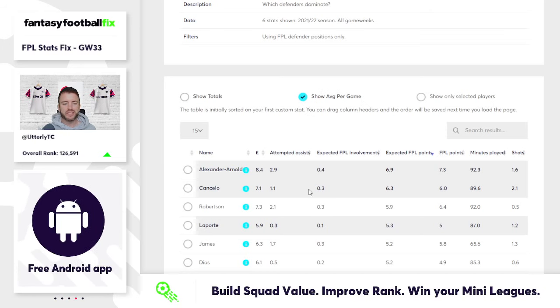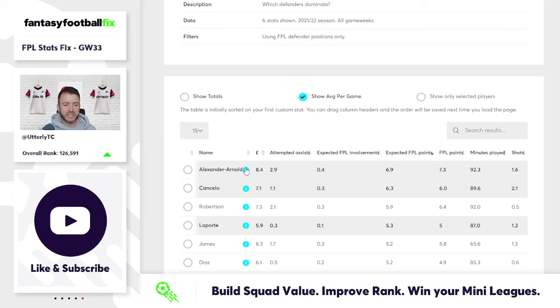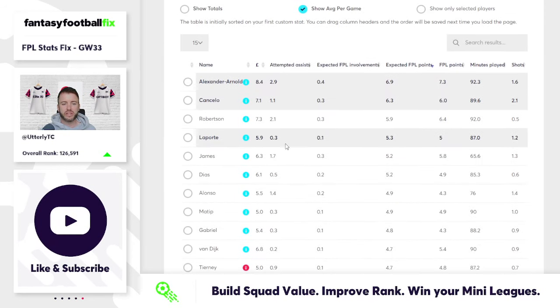And you can see it's a lot of the names that we are familiar with that we've already talked about now. So if we just take this top down, you can see the ones highlighted are the ones that are in my team. That's the only sort of differentiation that you can get there. Trent Alexander-Arnold, again, a name that we're familiar with in this video, I'm sure, and that will continue. Cancelo as well. Andy Robertson. Laporte as well, Reece James, and then you start to get down into some players we haven't talked about already,